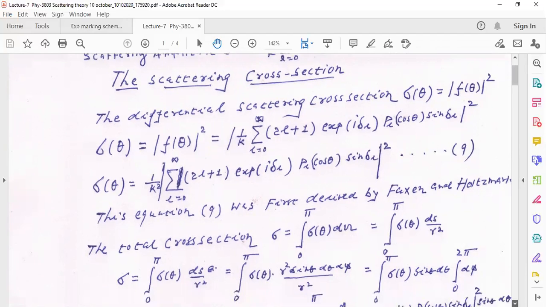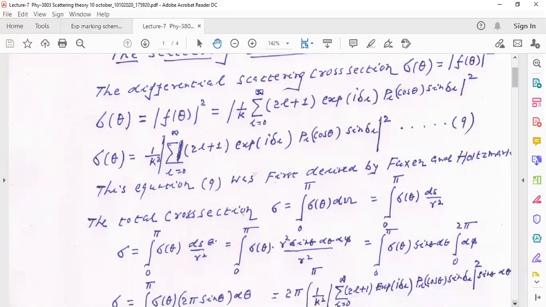So now you see this sigma theta. I put the sigma theta, look at this equation as it is. ds is the area element in the r theta phi coordinate system, so it is given by r square sine theta d theta d phi, the area element over r square. So this r square and this r square cancel each other. That gives me sigma theta, right?